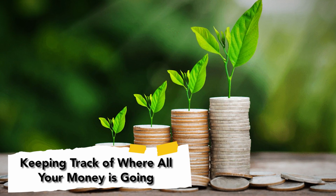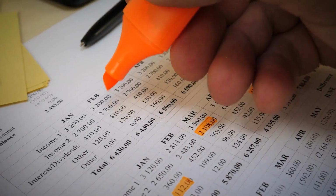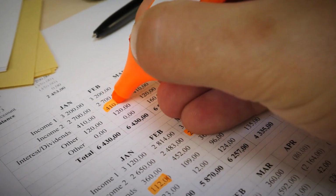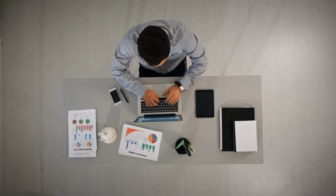Keeping track of where all your money is going. This sounds like a no-brainer, but trust us, it's a bit harder to do than one would think. The best way to save and gain more control over your investments is to create a budget and to keep track of your money. When we say you need to create a budget, we mean you need to map out